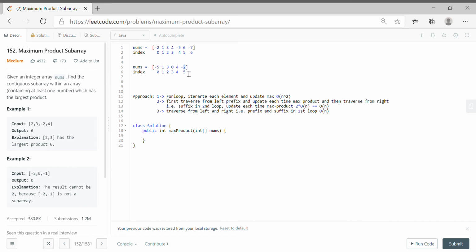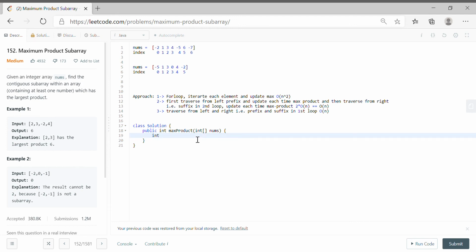And if they are positive, then when we multiply we'll get a bigger product, right? So what I mean is that at index 0 and 5, for the suffix we will obviously multiply by 5 and 0, and for the prefix we will multiply at 0 at index 0 and 5, right? Okay, so we'll move to the implementation part.